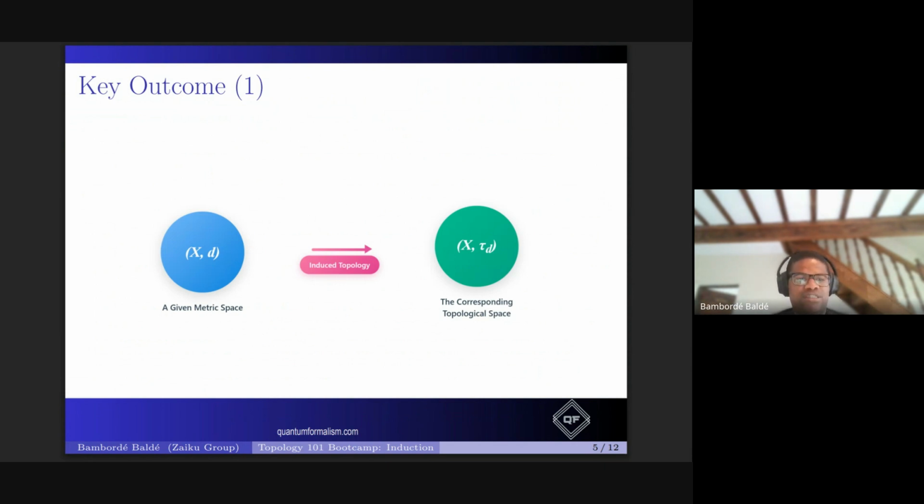Most importantly, you will feel comfortable, when given a metric space, taking it and inducing the underlying topology attached to that metric, and then saying, here's the corresponding topological space, and all the other properties that come with it. So this is one of the key outcomes.